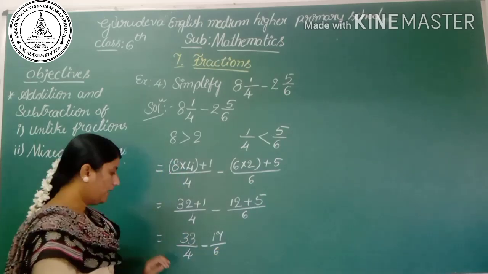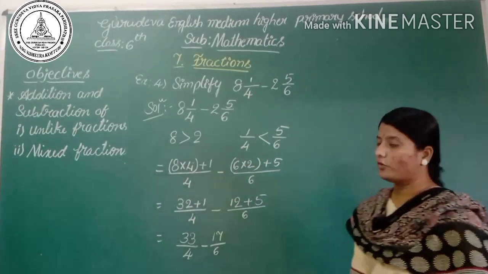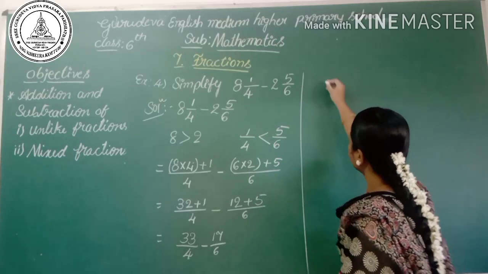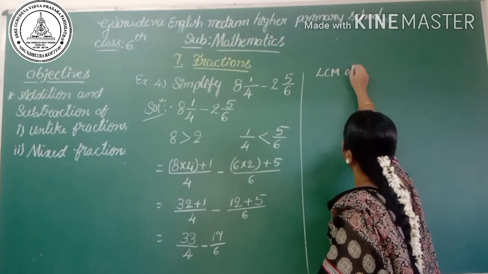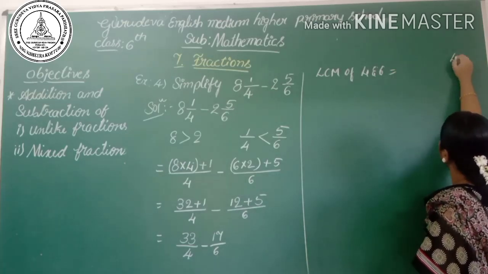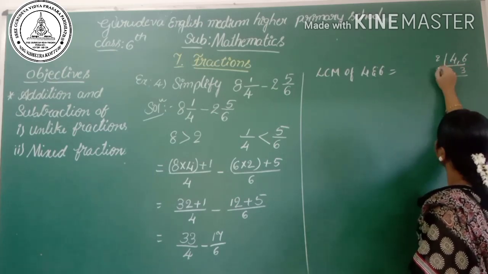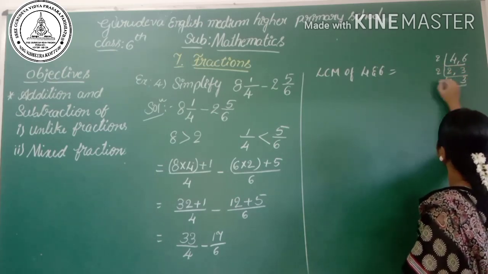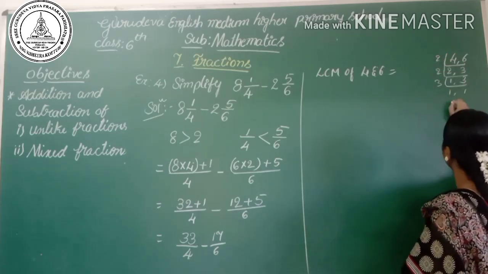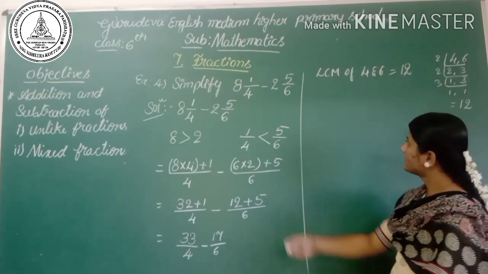Okay. So now these two are improper fractions. So we have to take the LCM for these two and subtract. Okay. Yes. LCM of 4 and 6 is equal to, as you see here, 4 comma 6. 2 2s are 2, 3 is 3, then 2 1s are 2, 3 is 3, then 3 1s are 3, 1. So 2 2s are 4, 3 4s are 12. LCM is equal to 12.